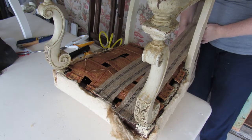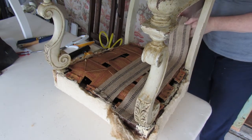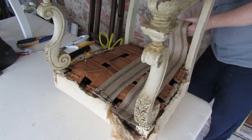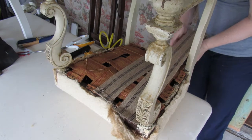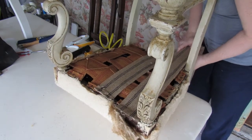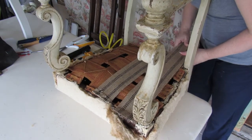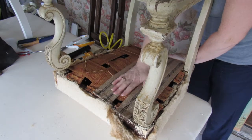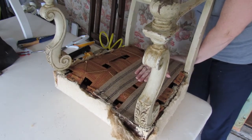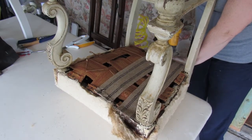Now you might not have a web stretcher with teeth in it, you might have one that has a hole and a peg. They all work equally well, so don't worry about that. I've used both in my business. And I'm going to overlap it just slightly on here. You see it's gone, hopefully you can see it's nice and flat on there. And I'm going to just pull it as tight as I can,